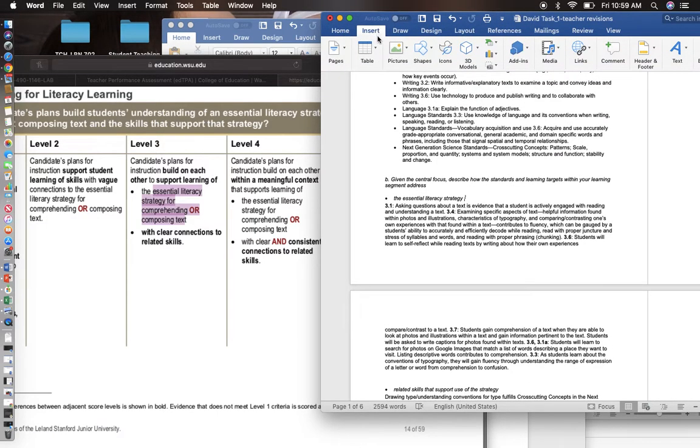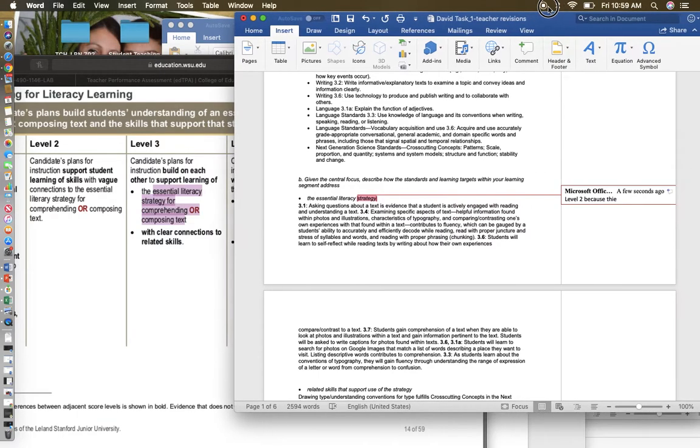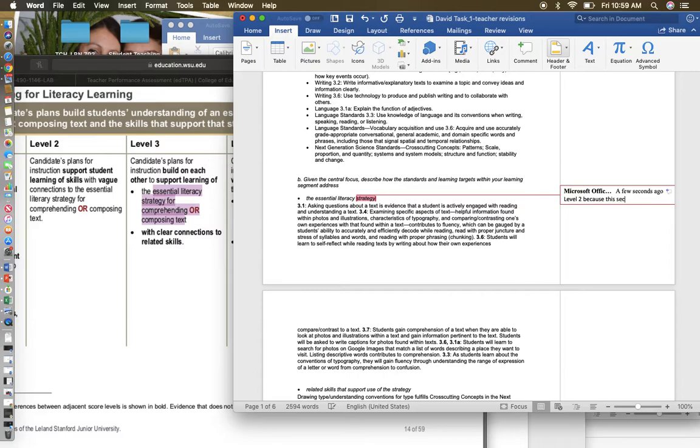Insert comment. And I would say level 2, because this, oops, I can't see, let me move it over. This section